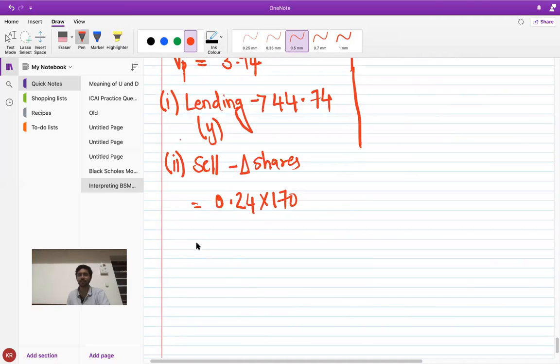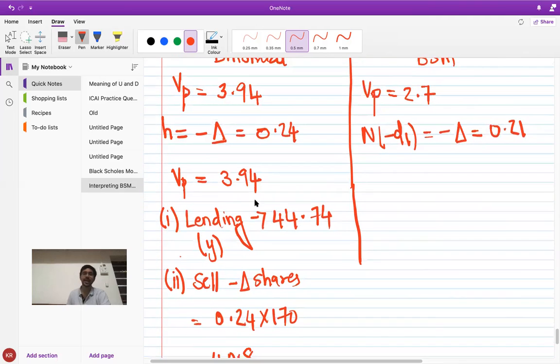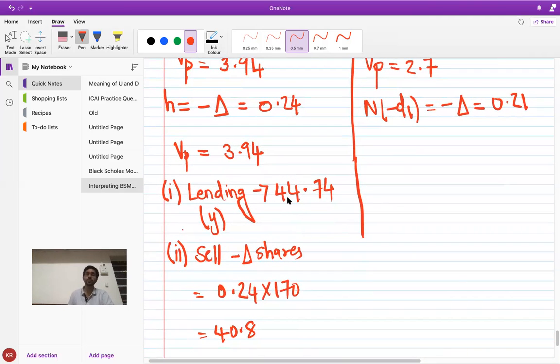This is a cash inflow, right? So the net cash outflow of 3.94 comprised of lending of 44.74 and short selling of 0.24 shares, which gave us sale proceeds of 40.8. The value of a put option under Black-Scholes was 2.7, which comprised of lending,